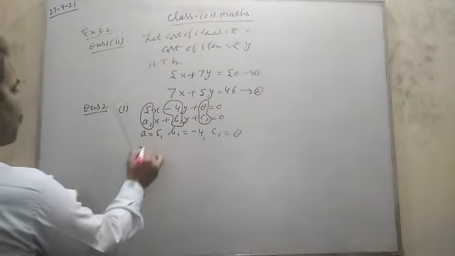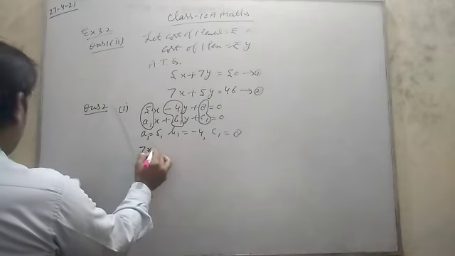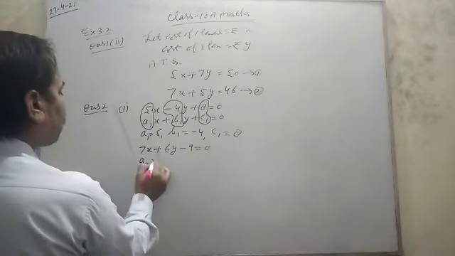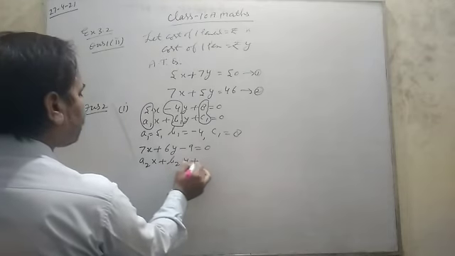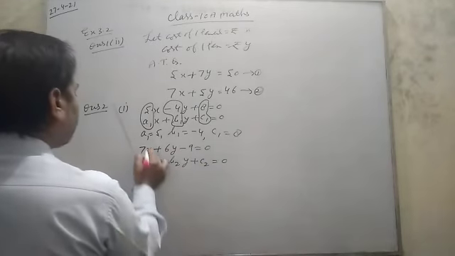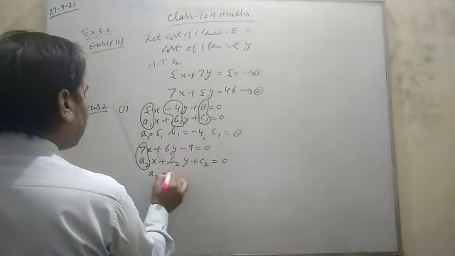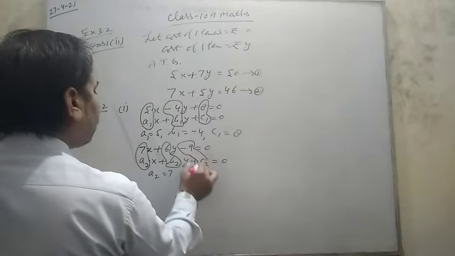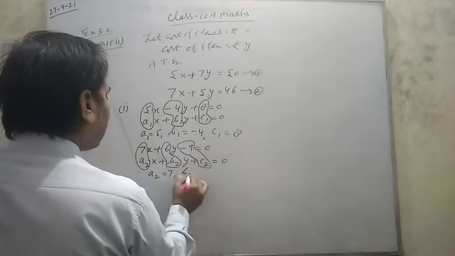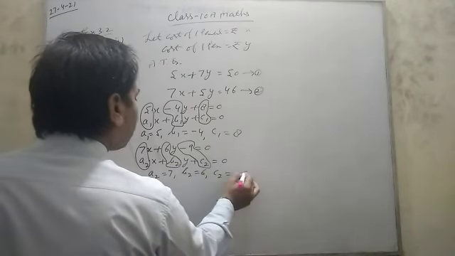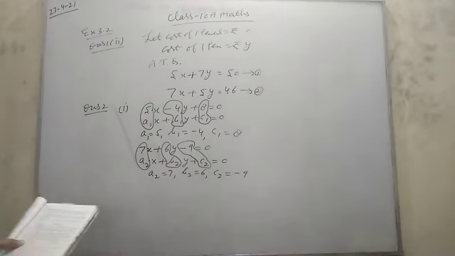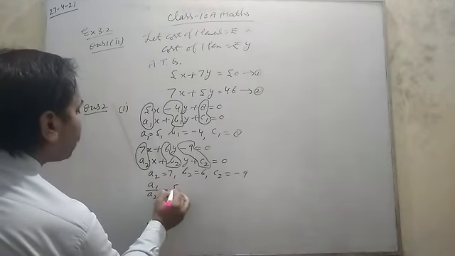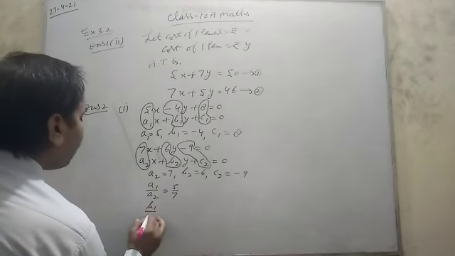Then the second equation, 7x plus 6y minus 9 is equal to 0. So compare this equation with the general form. So a2 is equal to 7, b2 is equal to 6 and c2 is equal to minus 9. Okay, and after that, you check a1 upon a2 equal to 5 upon 7, b1 upon b2